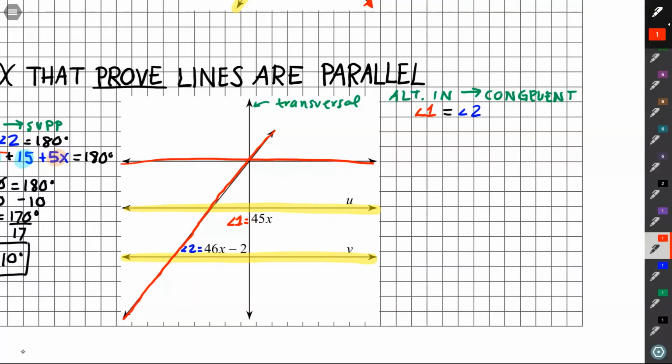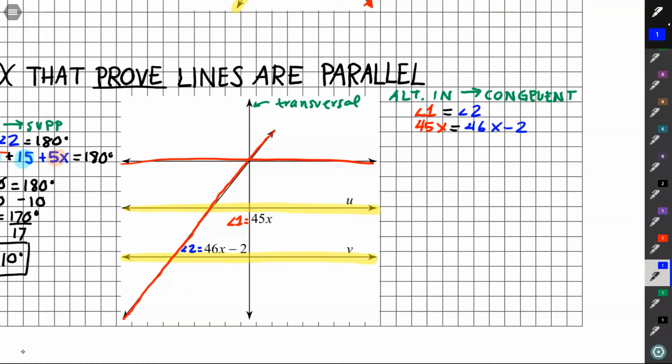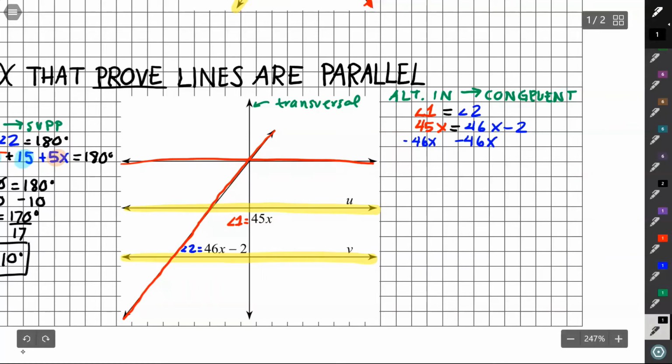So angle 1 is 45x equals 46x minus 2. Alright, so we already have x by itself on one side, so we are going to move our other x to that side as well. I'm going to subtract 46x, which is going to give me a negative. So 45 minus 46 is negative 1x, but we don't write the 1, so we're just going to go x